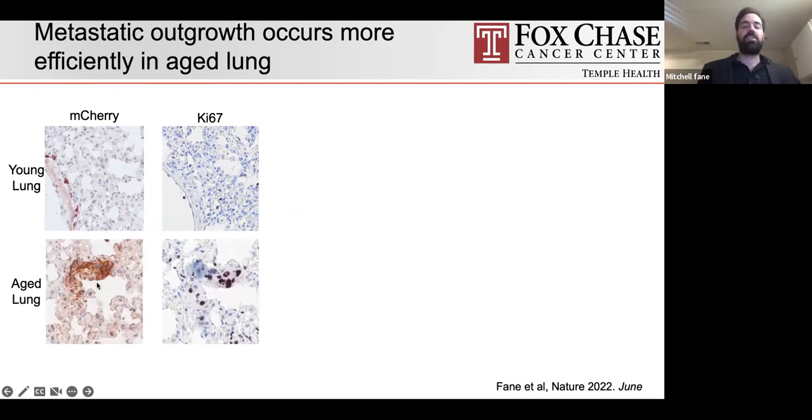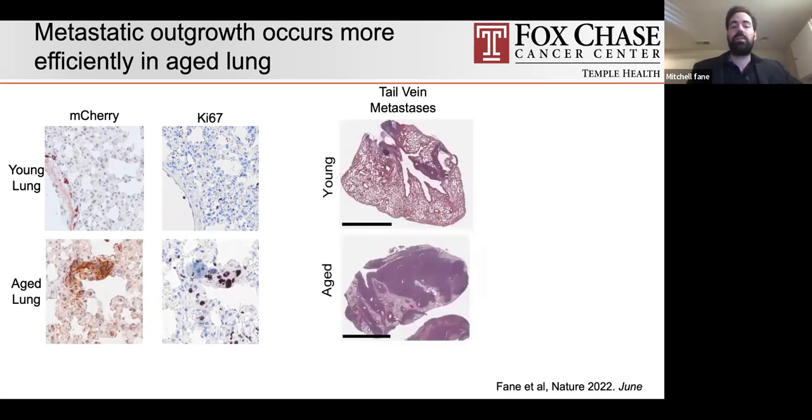Whereas if we look at the aged lung, even if we find a very small metastatic tumor, we see that it stains very positive for Ki-67. So that was in our subcutaneous model. If we move to our tail vein model, indeed, we can show that if we inject the same number of melanoma cells